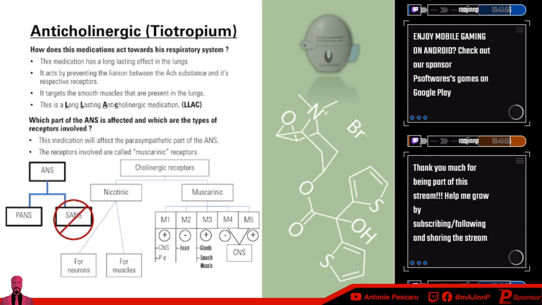We don't care about that. What we do care about is the first path that goes towards the PANS, otherwise known as the parasympathetic autonomic nervous system. And as such, inside of our parasympathetic autonomic nervous system, that's where we will find our cholinergic receptors, divided into